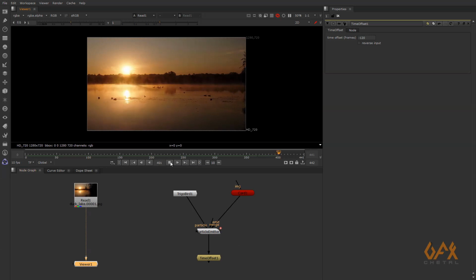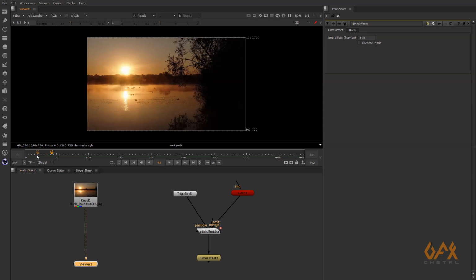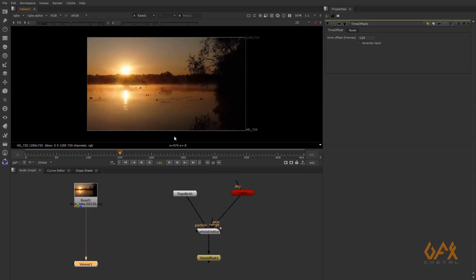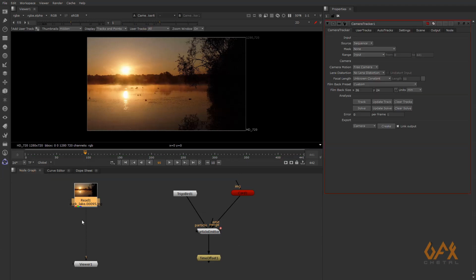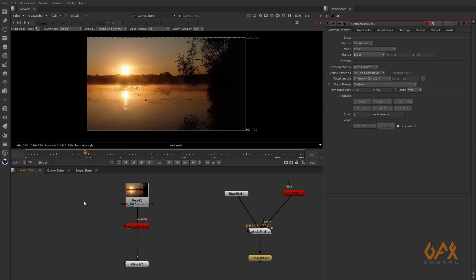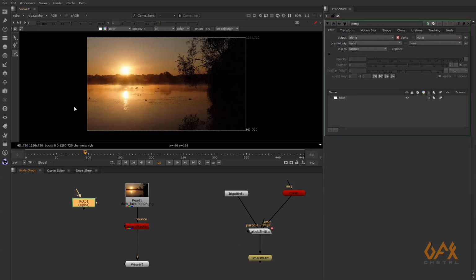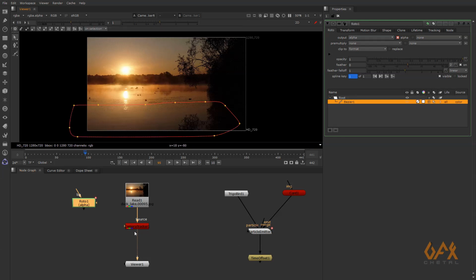So now first of all there is some camera animation, so we need to track this camera. For that what I prefer, and as you see over here I get some ripple of maybe some boat through which this scene is captured, or maybe some bank over here, so whatever. So I just select this 3D, go to camera tracker, and I prefer I create one roto node by pressing O, and over here I just give some rough roto and I just pick this mask over here.